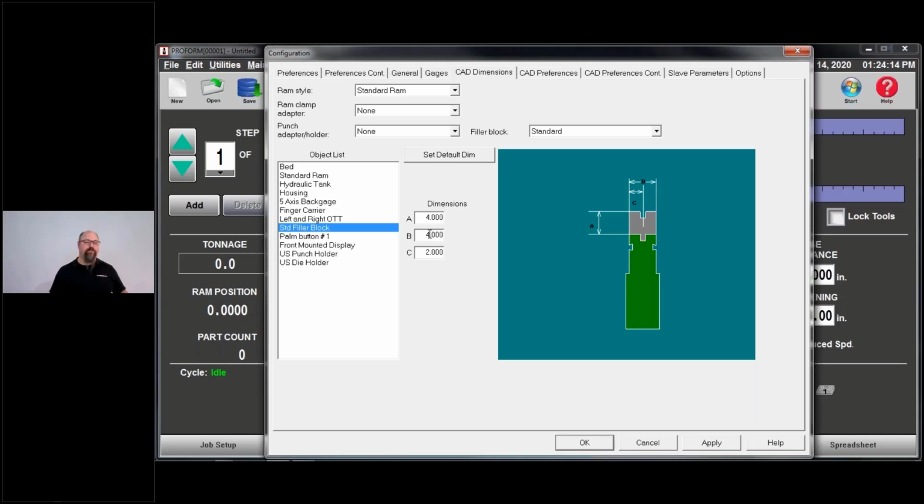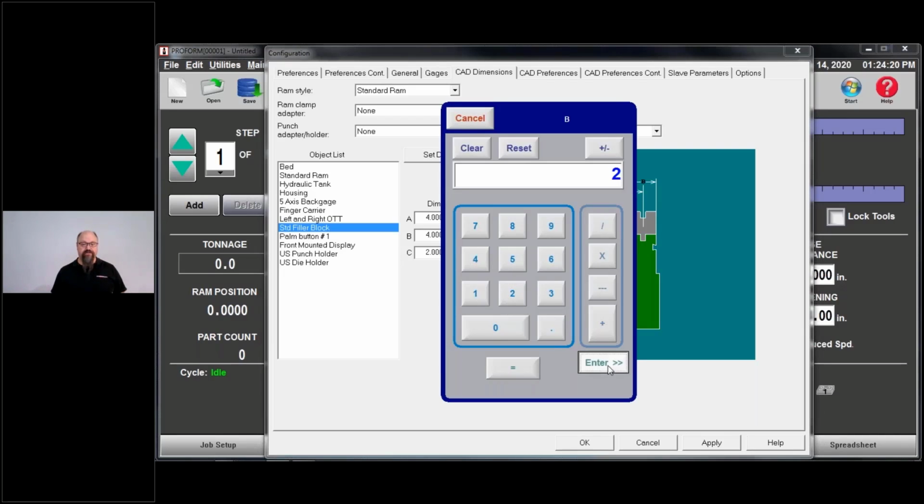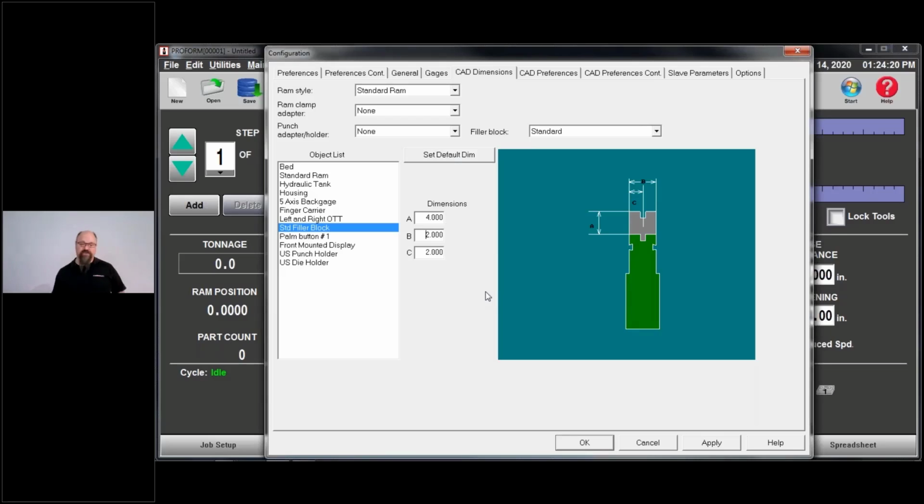So let's say that my filler block is actually 2 inches wide and it's center line. So the B dimension is going to be 2 and the C dimension is going to be 1, literally just half of that dimension. So this is what you're going to want to look at. It's only really going to bother me if I have downward hanging flanges, but that happens all the time. None of the rest of this is going to be anything I'm going to worry about as an offline programmer.